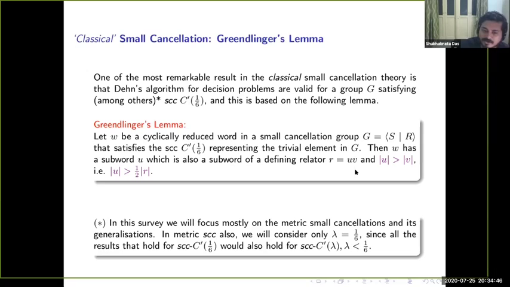And which was later proved by Reidmeister that it doesn't necessarily depend on the hyperbolic metric structure and so on. That's the motivation for Greendlinger proving this result. In due course we will mostly look at this type of metric small cancellations. We will also see some C-P type small cancellation conditions in the coming slides.